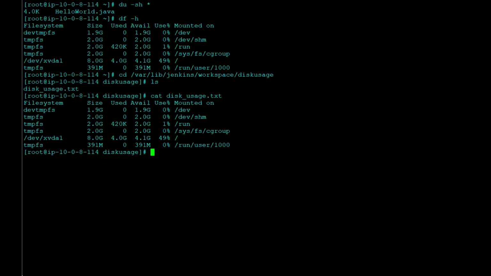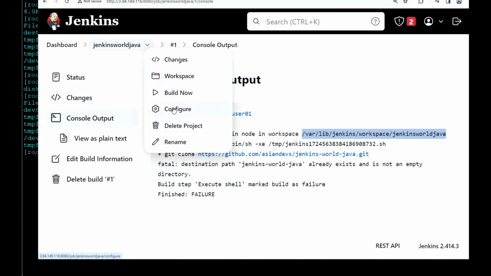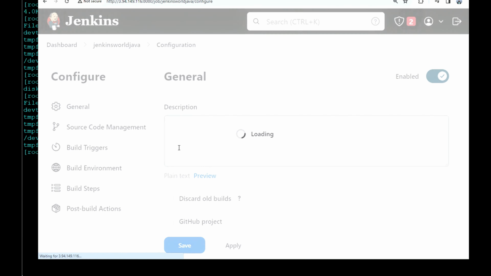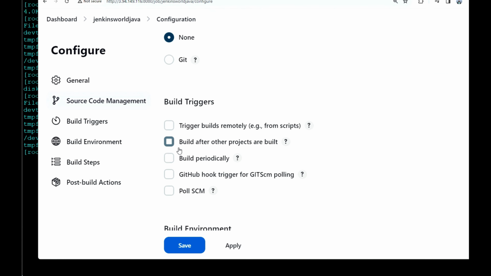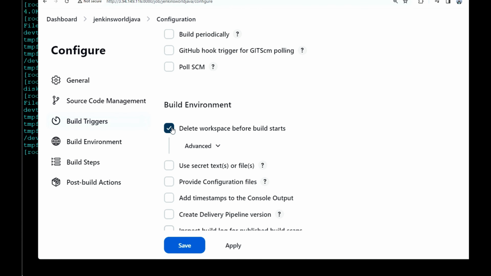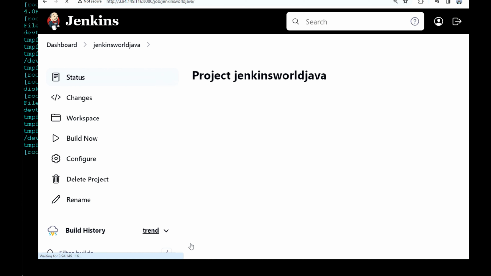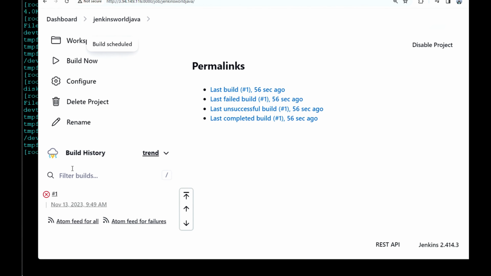There are two easy options. We can just delete that one. You get the path name here, this workspace, and you can remove that from the host. Otherwise, go to Configure, and you will see there is an option, delete workspace before build starts. So let me try that one. It will clear the workspace. So now if we do that one,